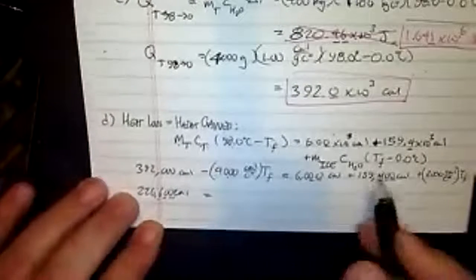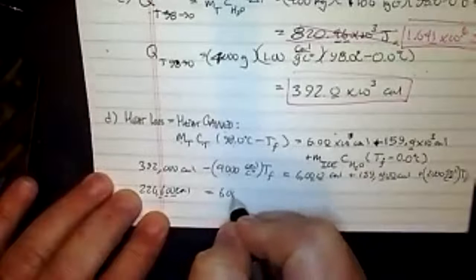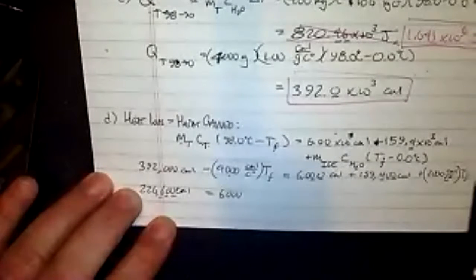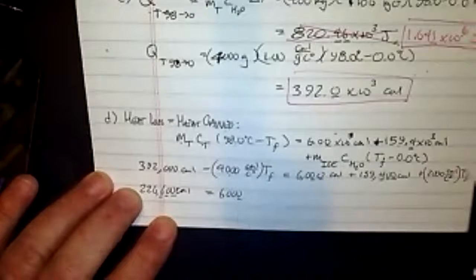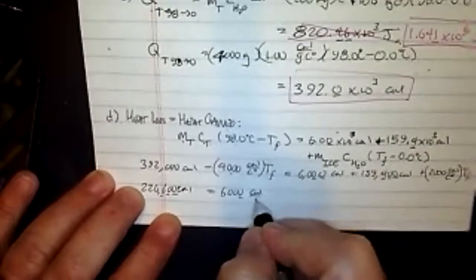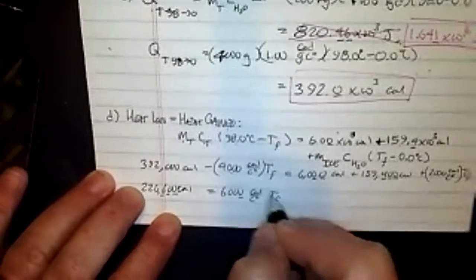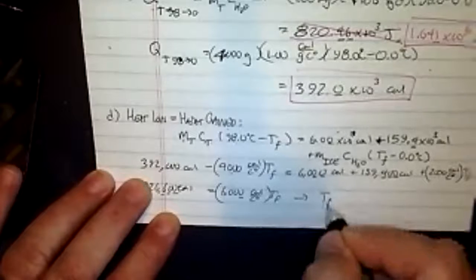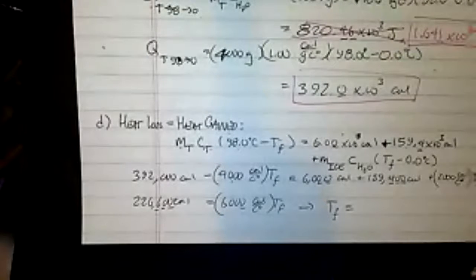is equal to, now I get 6,000. The digits here are what? There should be 3 of them, so I'll call that one doubtful. And that's calories per Celsius degree T final. So I divide both sides by 6,000, and that should give me a final temperature of 37.8